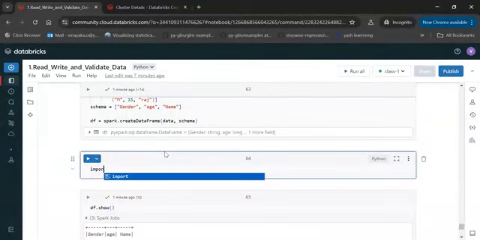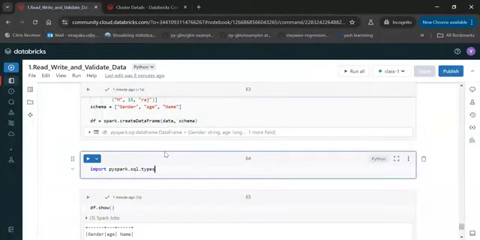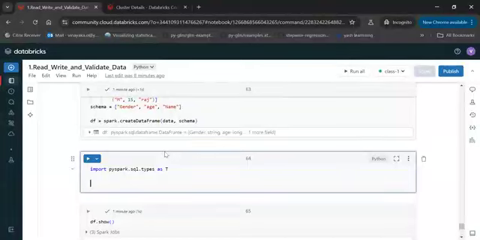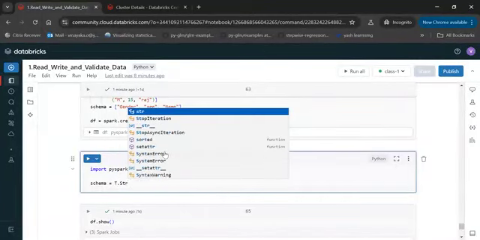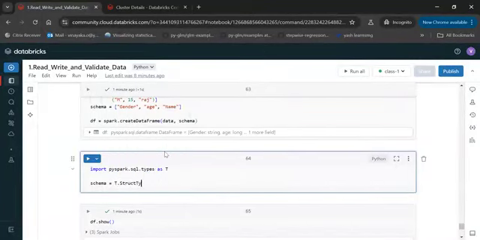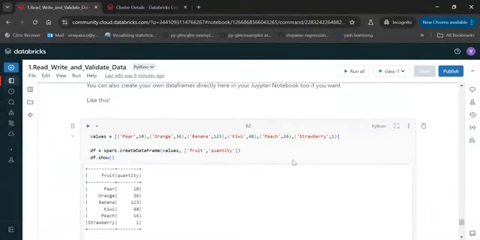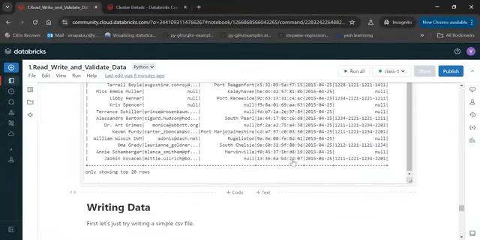For that, you need to import pyspark dot sql dot types as T. Once this is imported, you can create a schema like this. That should be StructType. So you can call the T dot